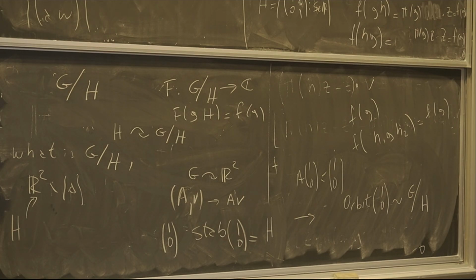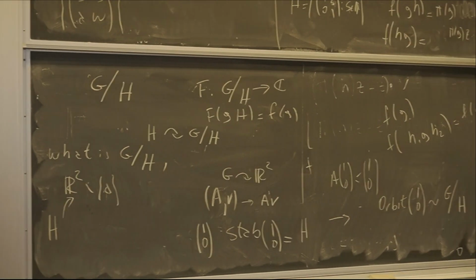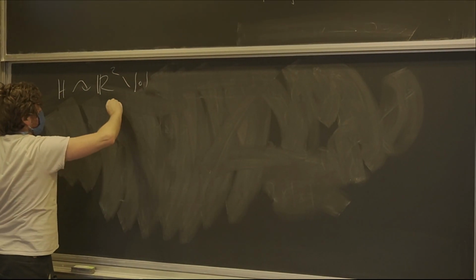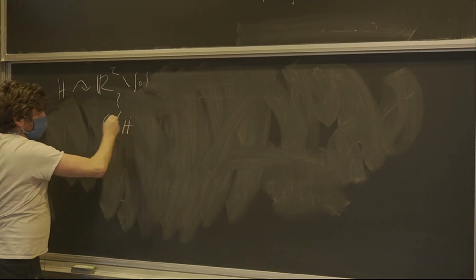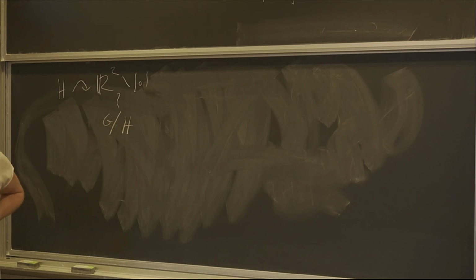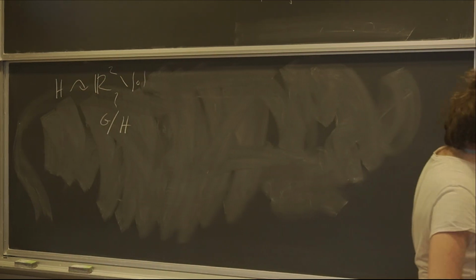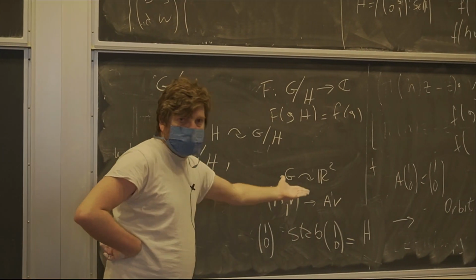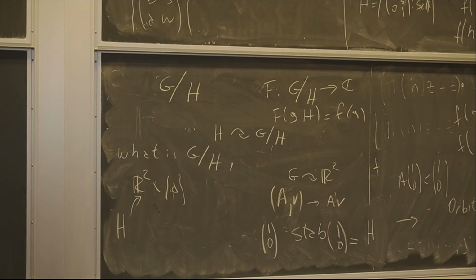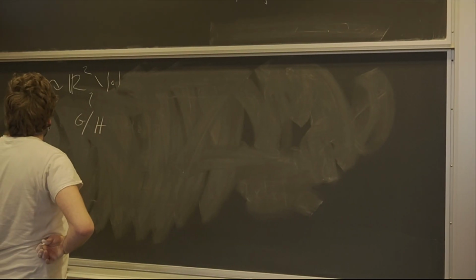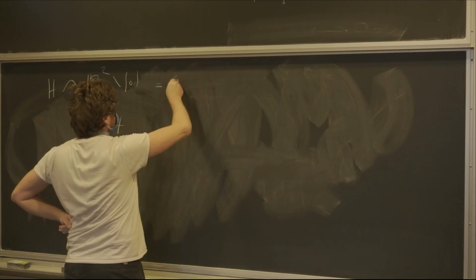So how does this H act when I'm identifying this with G mod H? Okay, and the claim is that this action is essentially the standard action of H on R^2. And this actually should follow from this quotient and just what is in there. So once we have this, this is the standard action